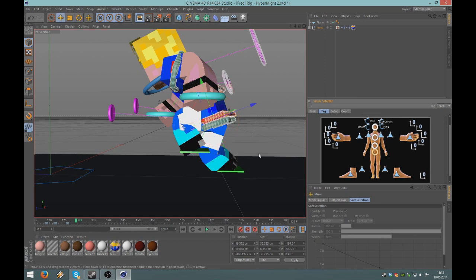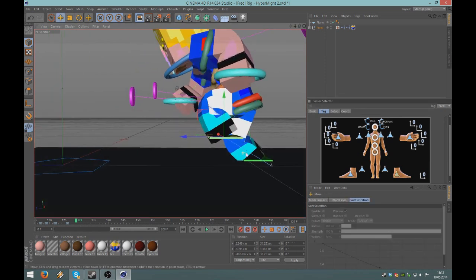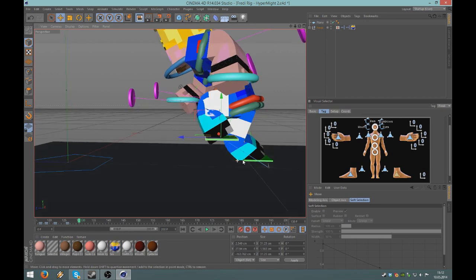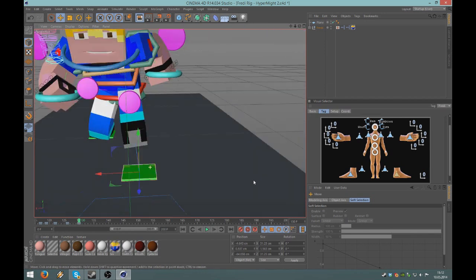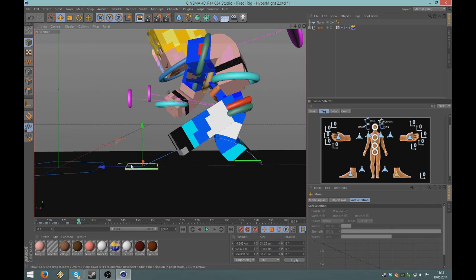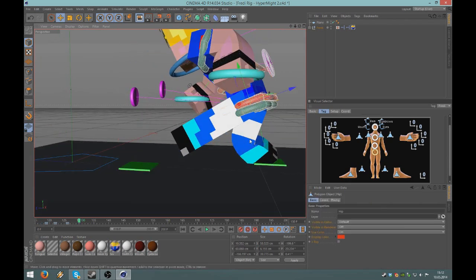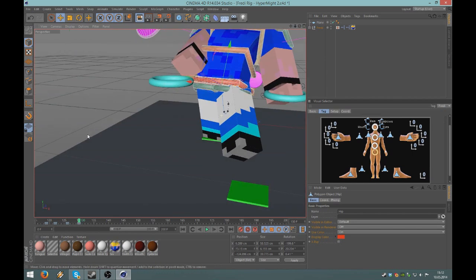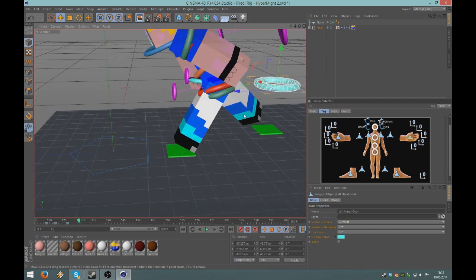Yes, only 3 frames later. Or actually, let's make it 4 frames. For the next pose I already set his leg down where he's going to land his next step. Then I'm moving his hip up like this, and yeah, both legs are